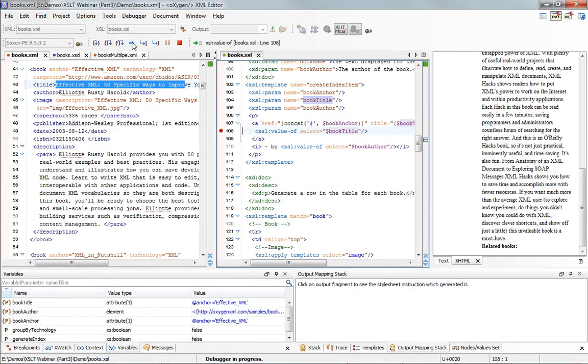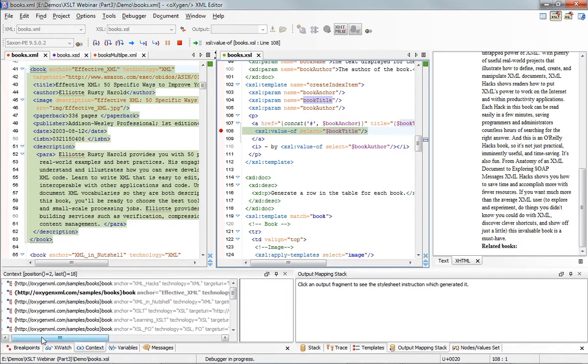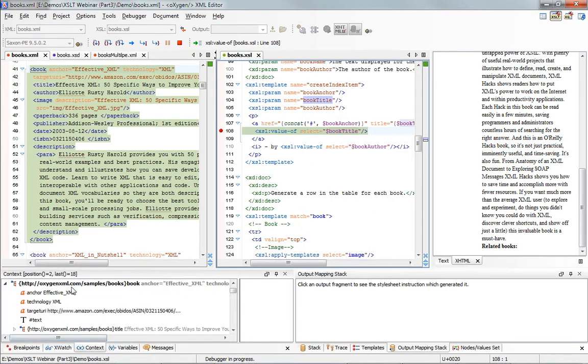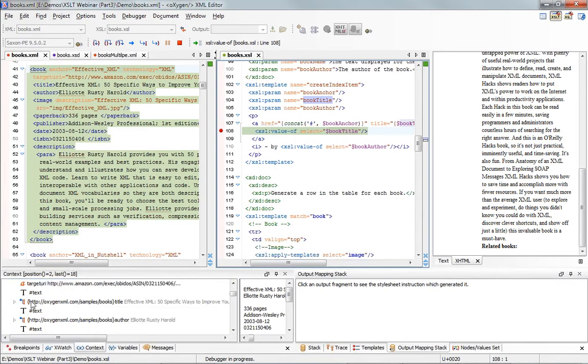Then I run the debugger, and the debugger stops at this breakpoint. It also highlights the XML node and the XSL instruction that is currently processed, and I can analyze the context of the debugger. I can see in the variables view at the bottom the variables from the context. In the context view, I can see the current node that is processed, and I can see that it is the book, and see the title of the book,